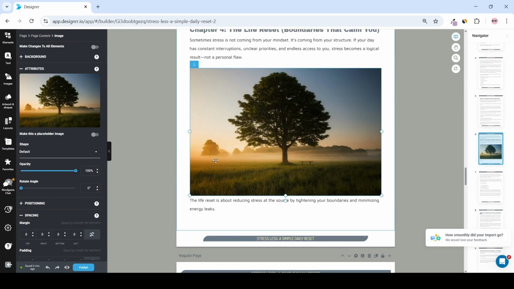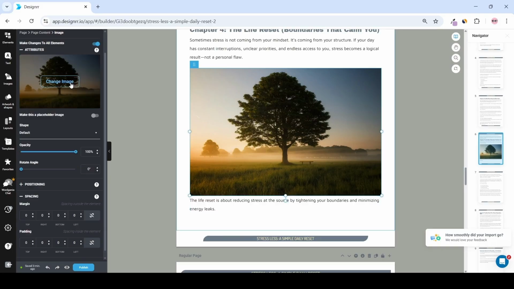I've just added this image as an example for you guys. You can also edit everything on a global level. Let's say you're not happy with the space right here between your image and the next paragraph, and you want to have more breathing space across all of your images in your ebook. So what you can do, you can click on the image, again, make changes to all elements, go to spacing